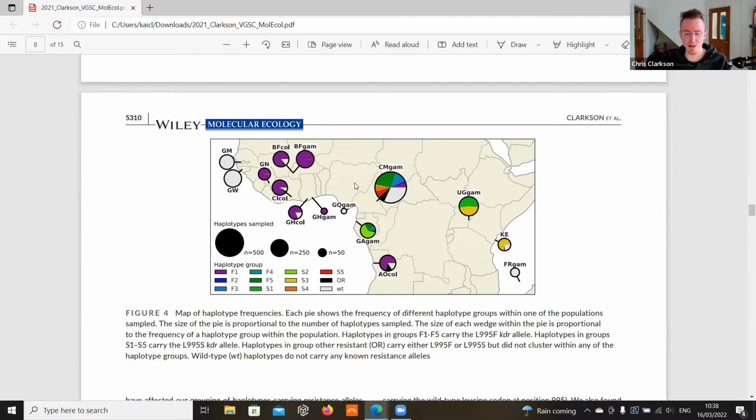And what's really striking here is what's going on in Cameroon in the middle. Now, the size of these points is the number of haplotypes we have. So Cameroon does have the biggest sample set, but it carries almost every single haplotype group. So it's really interesting what's happening in Central Africa. In our new data sets, we do have samples from Central African Republic and DRC, and we're seeing a similar pattern. We're finding a huge amount of diversity of haplotype groups carrying 995S or F in Central Africa,